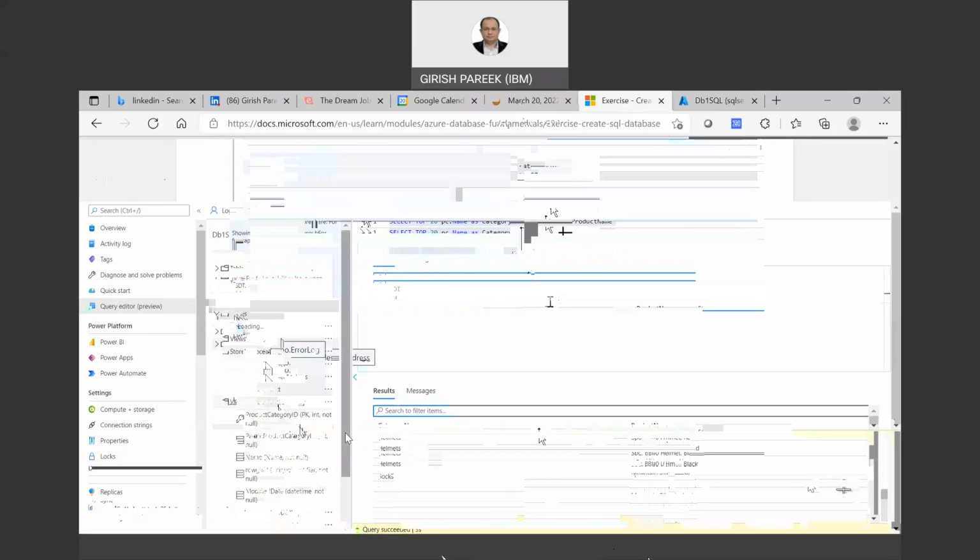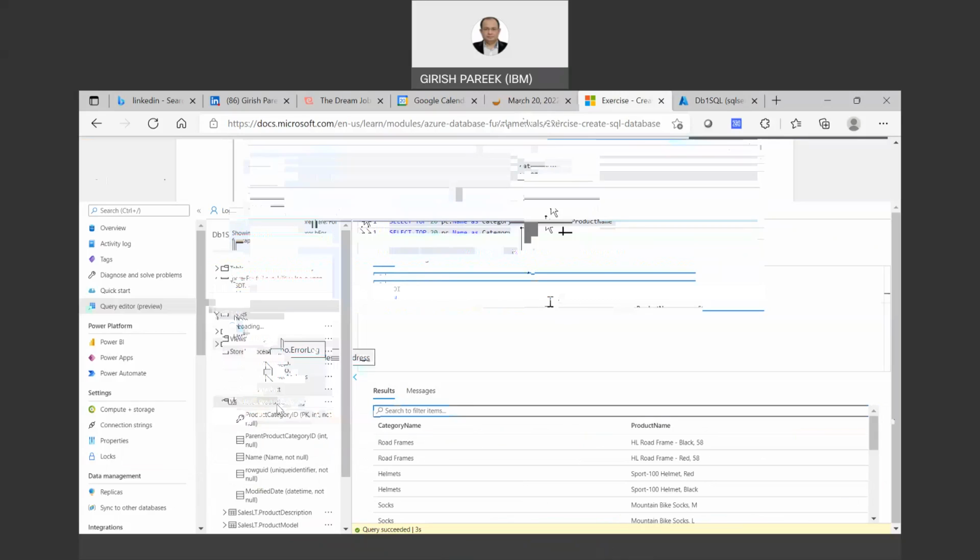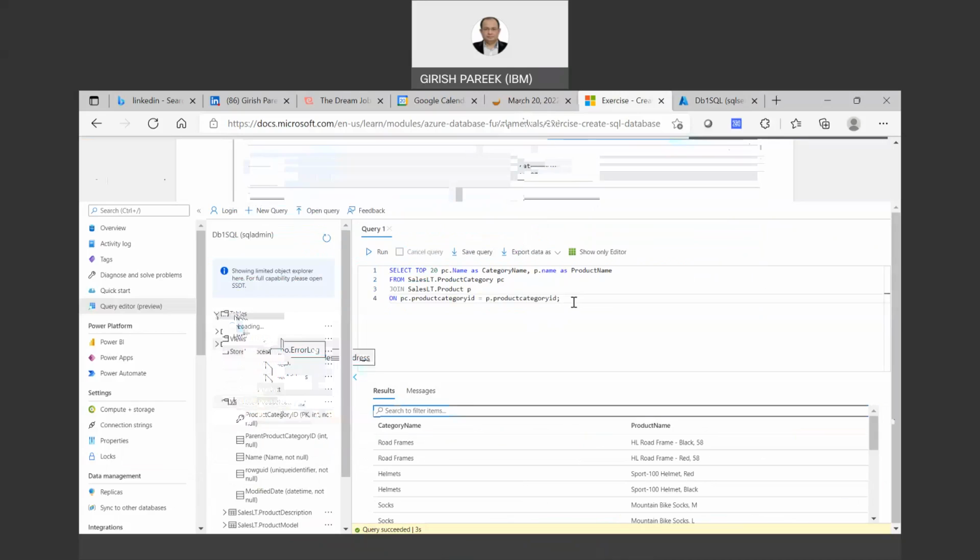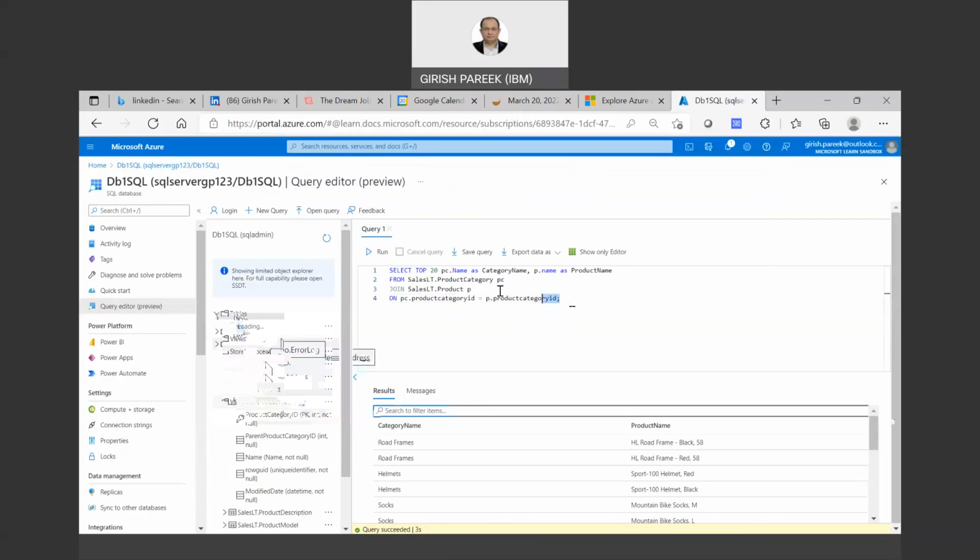In case you want to see, you can write select star from SalesLT dot product category,